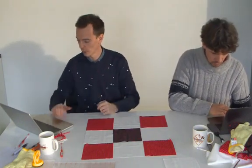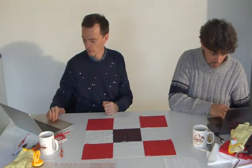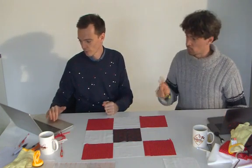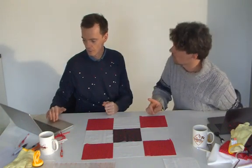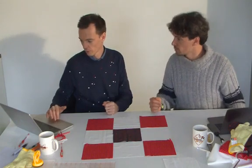Before you sew, make sure you grab the correct squares so they are sewn on the correct side, then add the other one, then start on the next row. Yeah, okay, but we'll have our seam ripper handy as well, I guess. Hopefully we'll not need it, but...